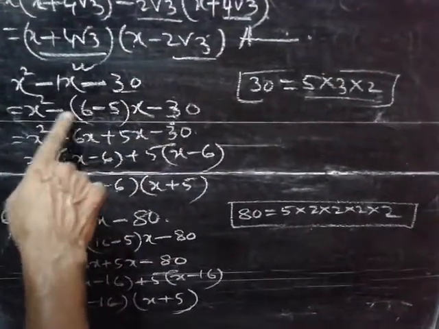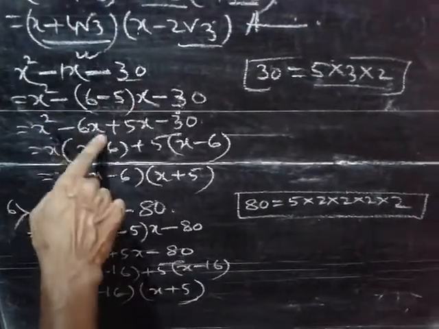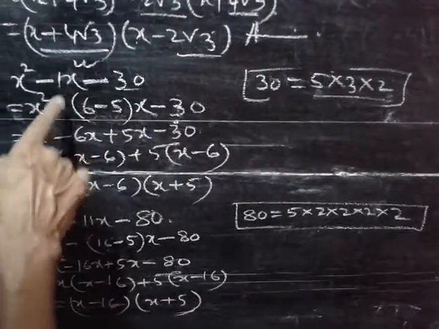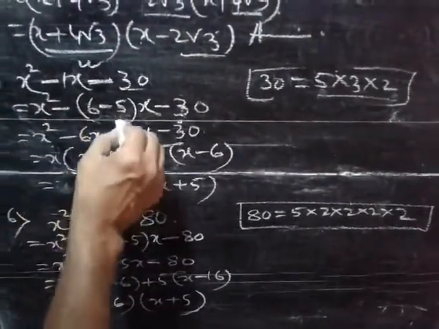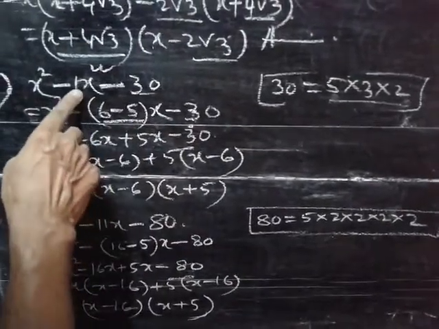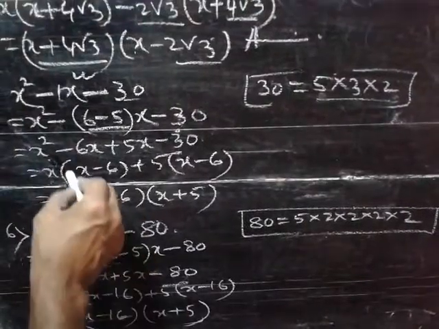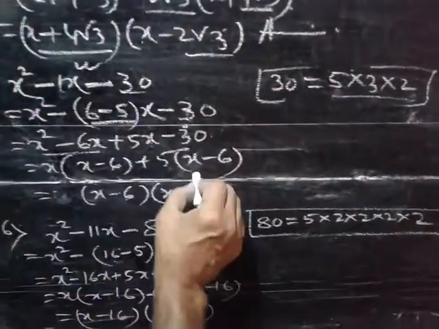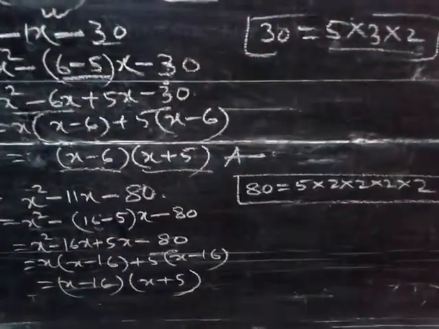Now multiply this with minus x. So it is coming minus 6x and plus 5x. It is actually coming minus 1x. See? So it is not required to see over there. Whenever this sum is matching over here, then definitely that sign will also match over there. So here from these two, x into x minus 6 plus 5 common, x minus 6, x minus 6 common, then x plus 5, and this is your answer.